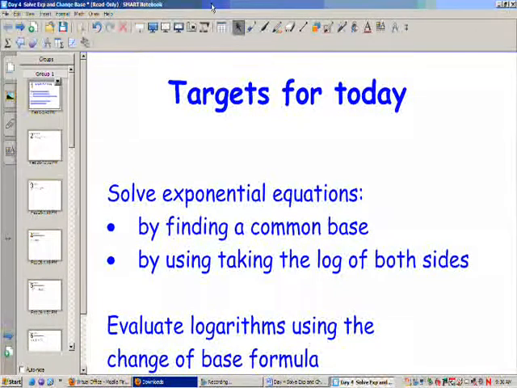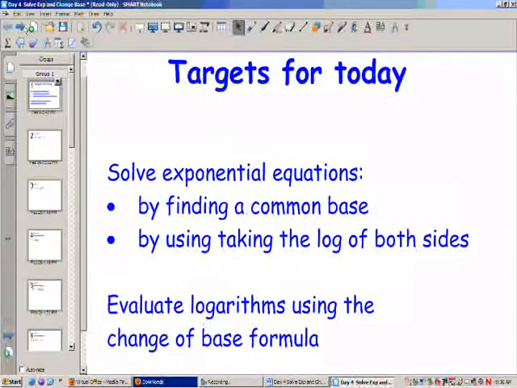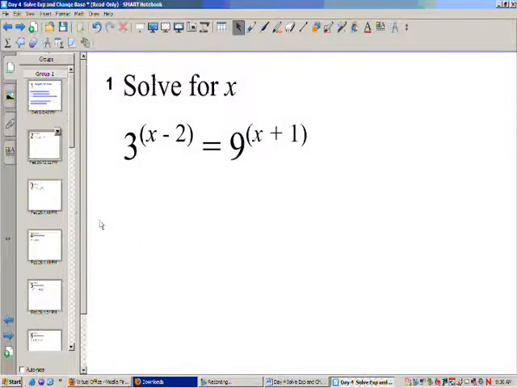Hello, welcome. Our targets for today: we will be solving exponential equations by finding a common base and by taking the log of both sides. And we'll also evaluate logarithms using the change of base formula. So first, if we want to solve this equation for x,